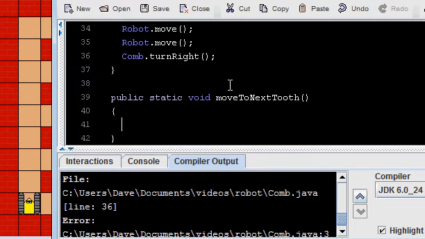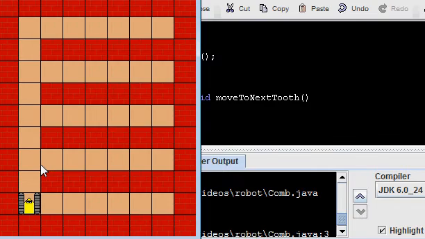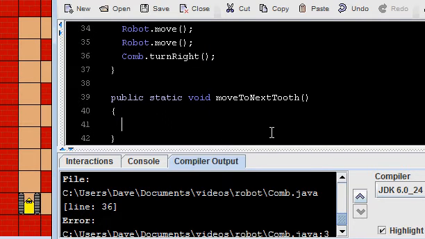Move to next tooth. And move to next tooth, actually it should really be darken to next tooth, because we need to darken the region in the middle. So let's see, that would be, when I get to the end, I've actually darkened these 6 squares, but I haven't darkened the original square. So the first thing I guess I better do is make dark. And then I need to,